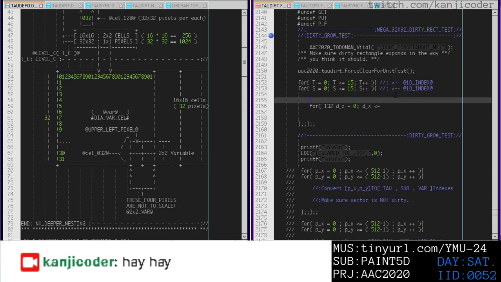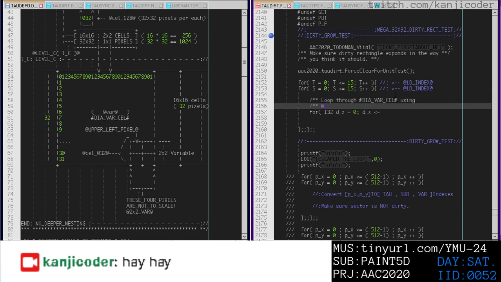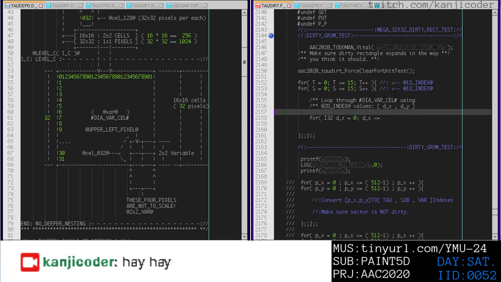But then down here, loop through diagonal var cell using at 2D index values dx, dy. Okay, so that's the confusion, why I'm a little bit confused about the values we're using. Now that I've cleared that out of the way, it is a 16 by 16 cell area, so we can do 16 minus 1, because it's 0 to 15 inclusive, and then dx plus plus, and after we have that, we can just